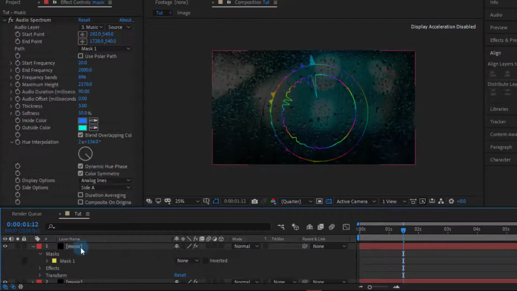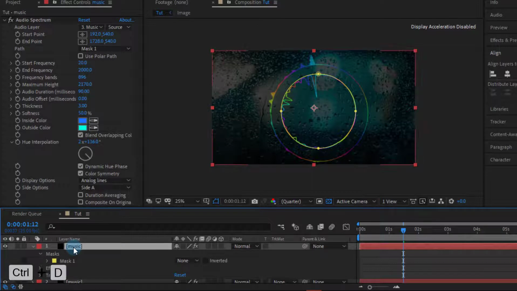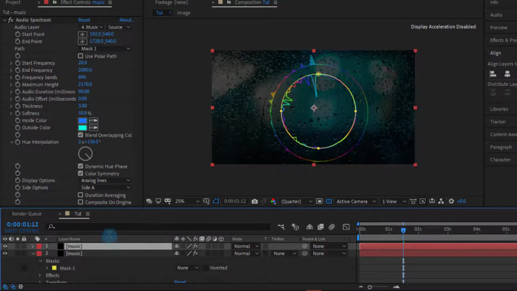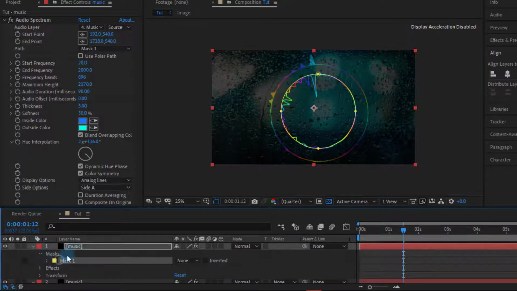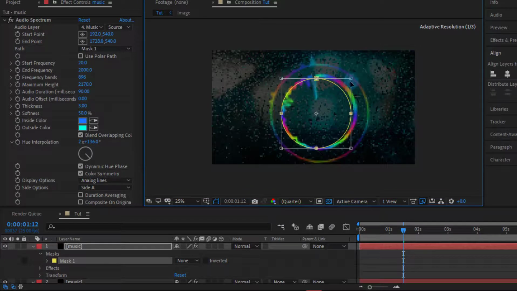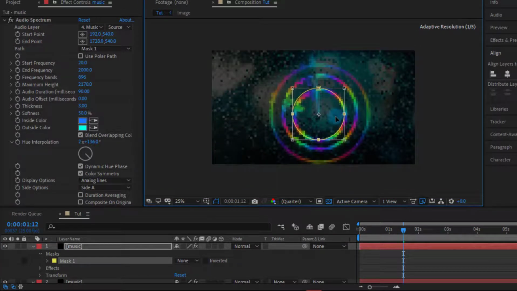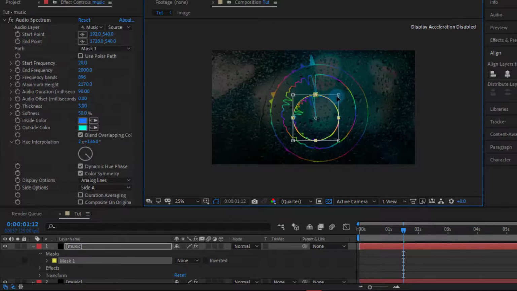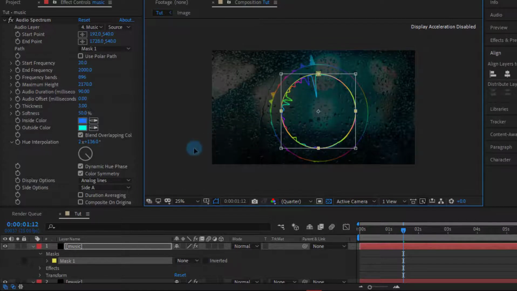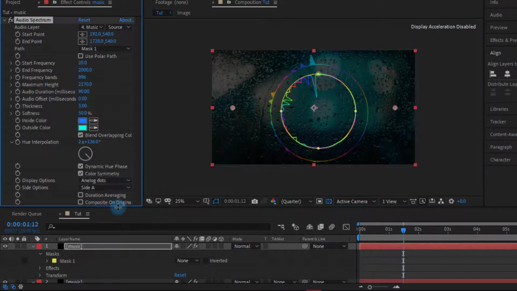After that has been done, I'm going to duplicate this layer again. This is for the last time. Now open up the mask, press Control or Command T on your keyboard, and holding Shift, just scale down like that. So yeah, it's great, you can quickly scale it down. I think the previous one should be great, so I'm going to keep it as it is. Now I'm going to change this to analog dots like that, and I will choose side A and B both. I'm going to change this frequency band to around 550, something like that. So yeah, this should be great.